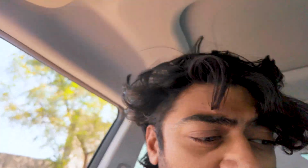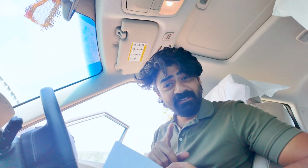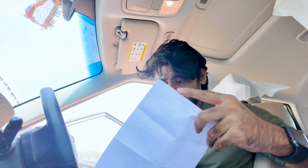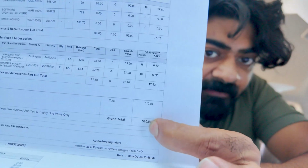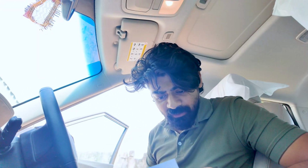Let me show you. So this is the second service, by the way. So 10,000 kilometers. The bill shows 510 rupees. So yeah, and what all they did for 510 rupees,